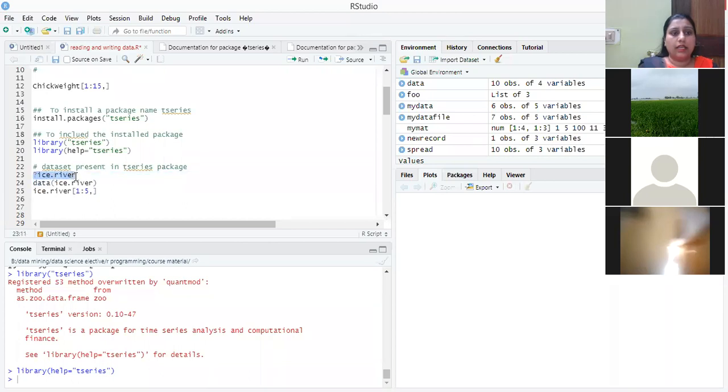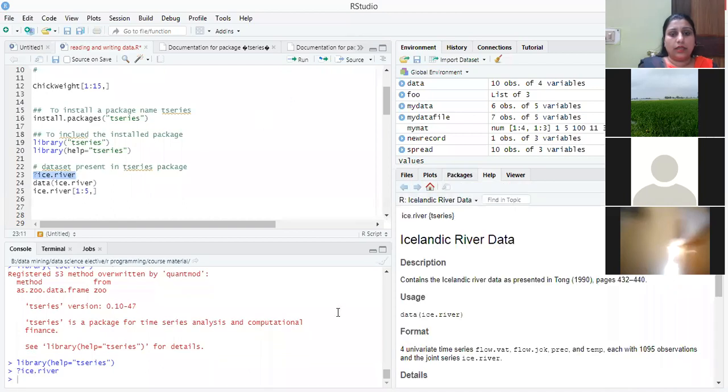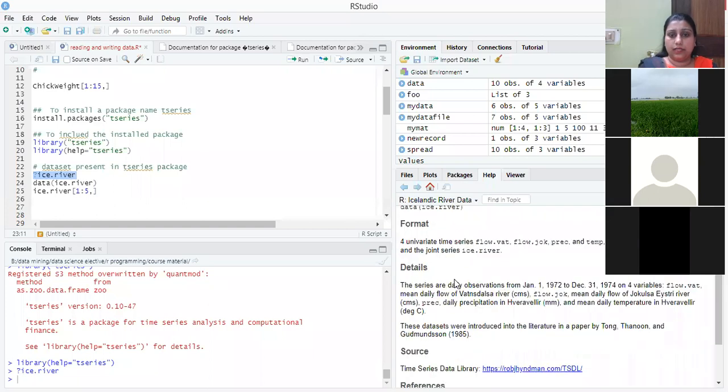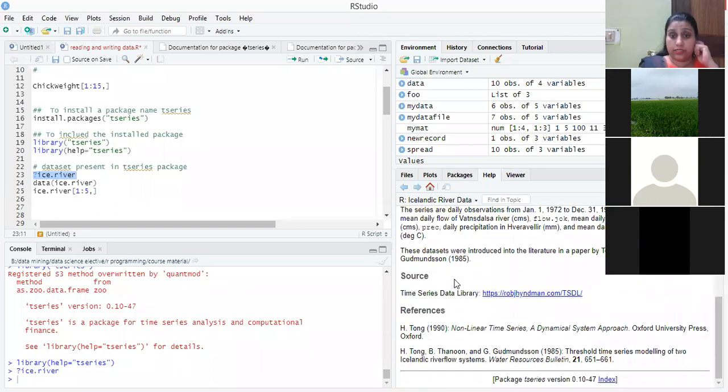If you write question mark ice.river, it will tell you, here in the file section, this is Icelandic river data, and the description of the data is available here. You can see the description contains the Icelandic river data, usage, the format, details, sources, and references are also present.